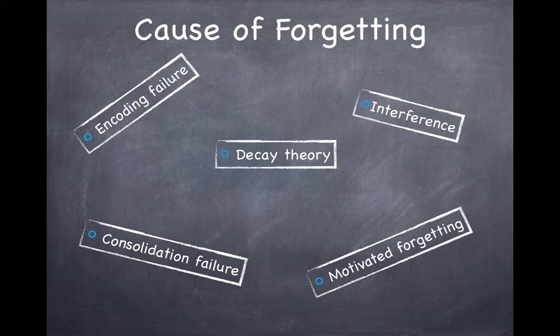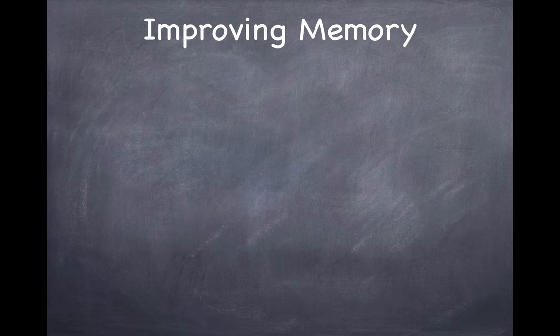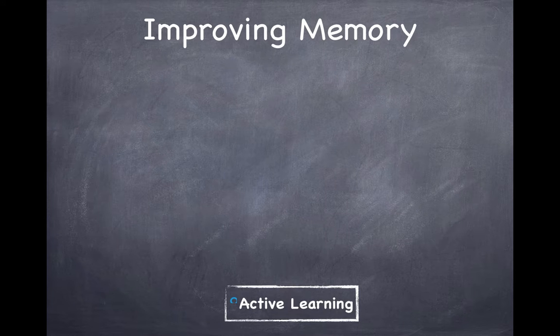Now, there are many ways to improve memory, and I'm only going to go through some of them here. To improve memory, you could use strategies of active learning. Active learning is the connecting of new information to that which you already know, and it's an active process. So it's looking at existing and new information and linking it to previously learned information. This is the chunking, moving things from small into bigger and bigger by linking them, and that's an active process of learning.